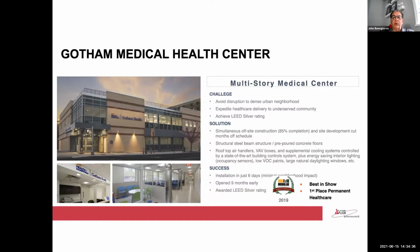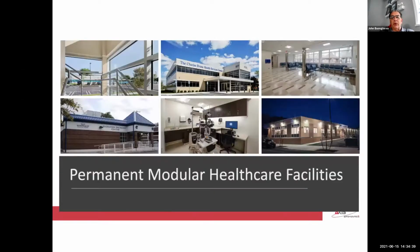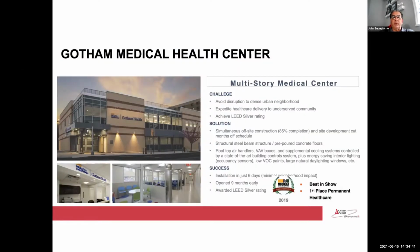And again, as I stated earlier, what the pandemic showed us was that we were not able to quickly deliver product to the facilities. And that's where Kreo's library and design work with green prefab really is going to speed this process up, whether it be in a normal situation or if we ever get hit with another pandemic